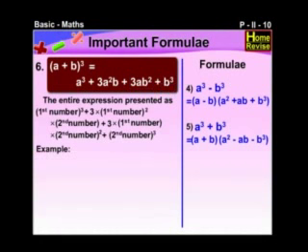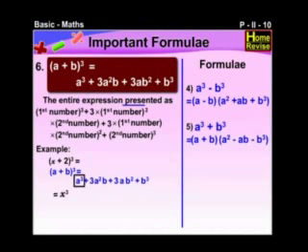Let us take one example. Cube of (x plus 2) is equal to, now apply the formula. First, cube of a, that is cube of a means what? A means x and b means 2, that is x cube, plus 3a square b, that means 3x square into 2, plus 3ab square, that means 3 into x into square of 2, plus cube of b, that means cube of 2.